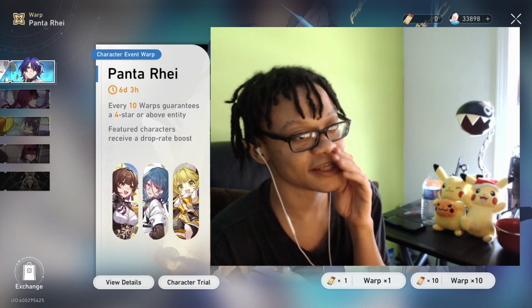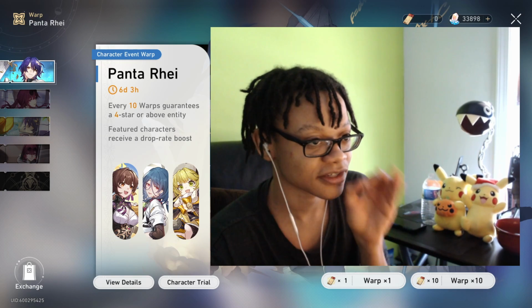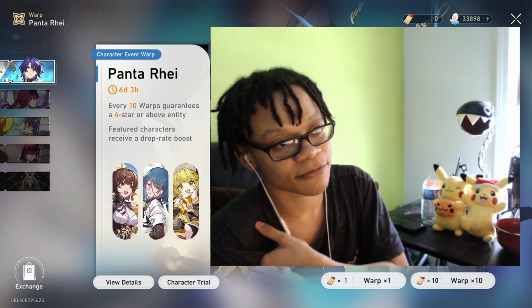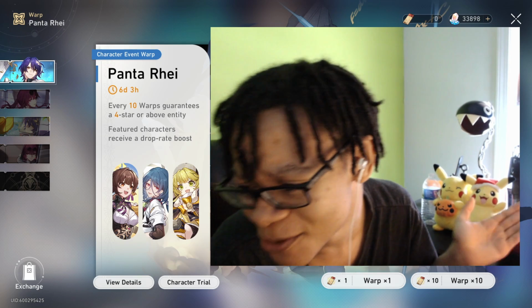See, I'm free to play, and I don't know if I can get... I really want Blackswan, Sparkle, and Kafka... Katarina. But I don't know when Katarina's coming out. And that Aeon... Acheron looks cool too. I don't know. But